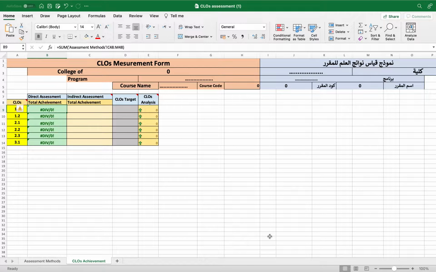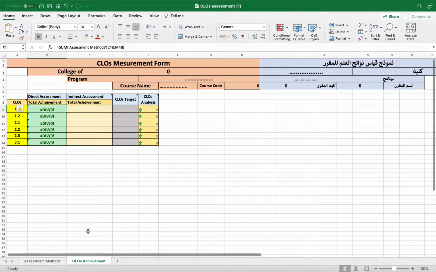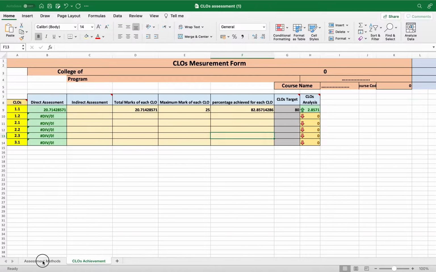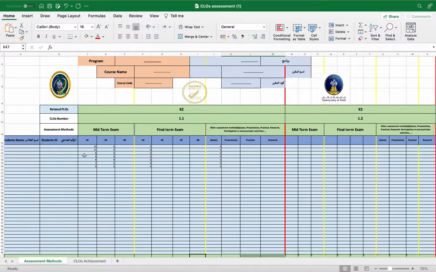Before we talk about the Excel file, we would like to introduce its content. First, we have two sheets here. The first one is the CLOs achievement and the assessment methods. We need to click on the first sheet here. We can see now the CLOs and how they are defined with the numbers of the CLOs according to the course specification. So the first point we need to do is to align the CLOs stated in the course specification